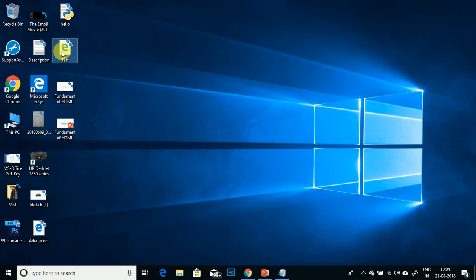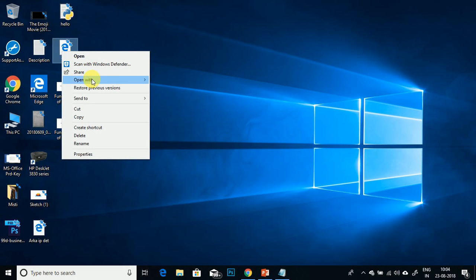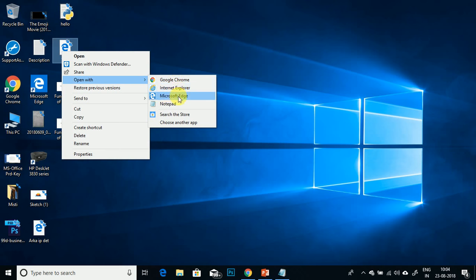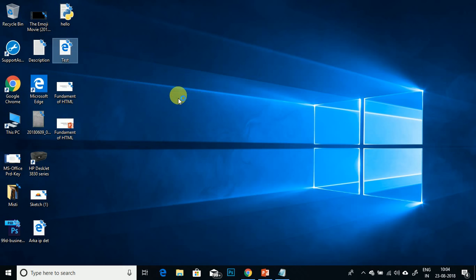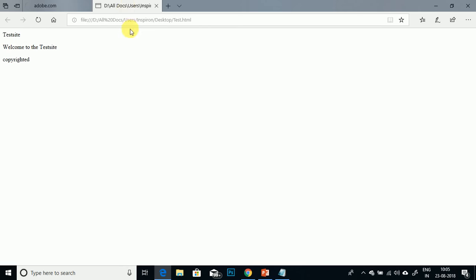Let me show you opening it in the Chrome browser, or you can use Microsoft Edge. Any browser is a compiler for HTML. You know what a compiler is; it was discussed in the first episode. So here is the heading, here is the body, and here is the foot.